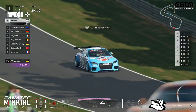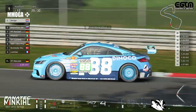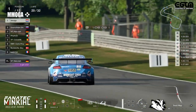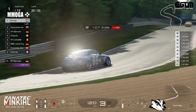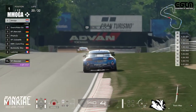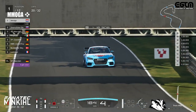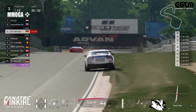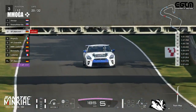And we know that the GTR starts struggling with the tires, with the front tires. We know that. Yes, we know that, and we can maybe see Psycho catch back up with Marcola and put him under pressure once again. We've seen that in the last stint. We might see this here again, as there are only